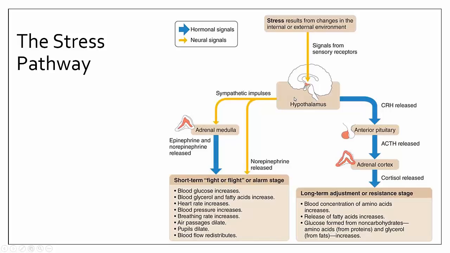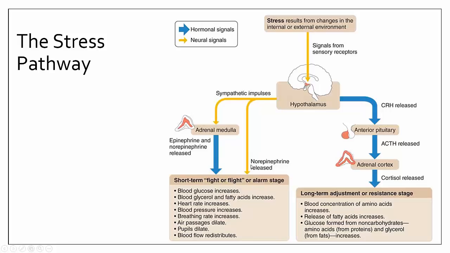First, really quickly, you have sympathetic impulses going. They show two branches here. They show them going to the adrenal medulla. And that makes sense because the adrenal medulla has those chromaffin cells in it that release norepinephrine and epinephrine as hormones, right? Additionally, norepinephrine gets released as a neurotransmitter at the heart, at the lungs, at the diaphragm, at all of these different areas of the body where you have this kind of